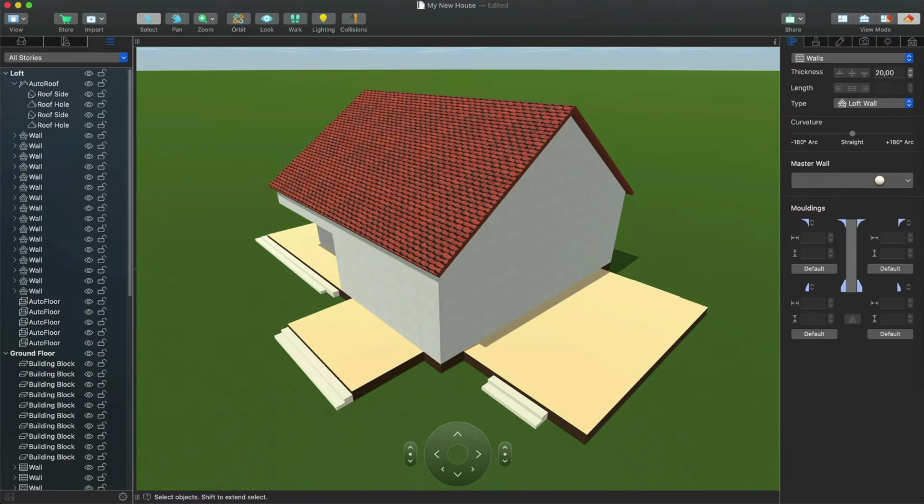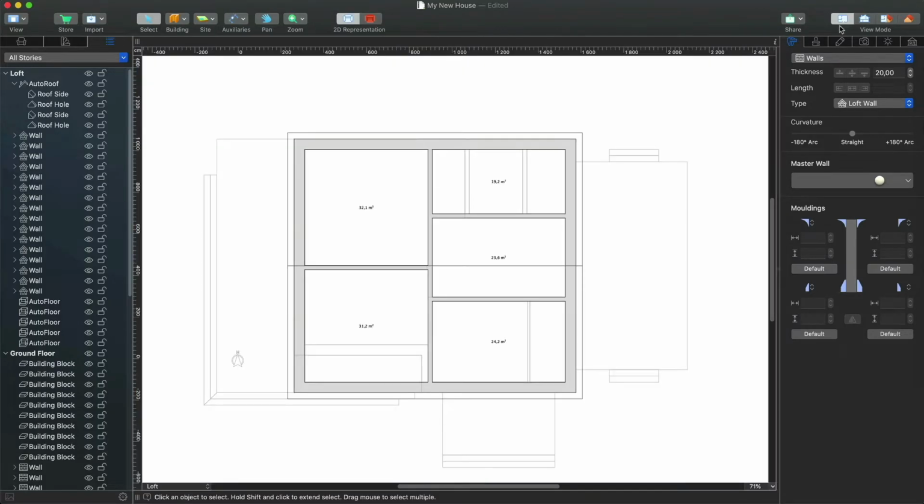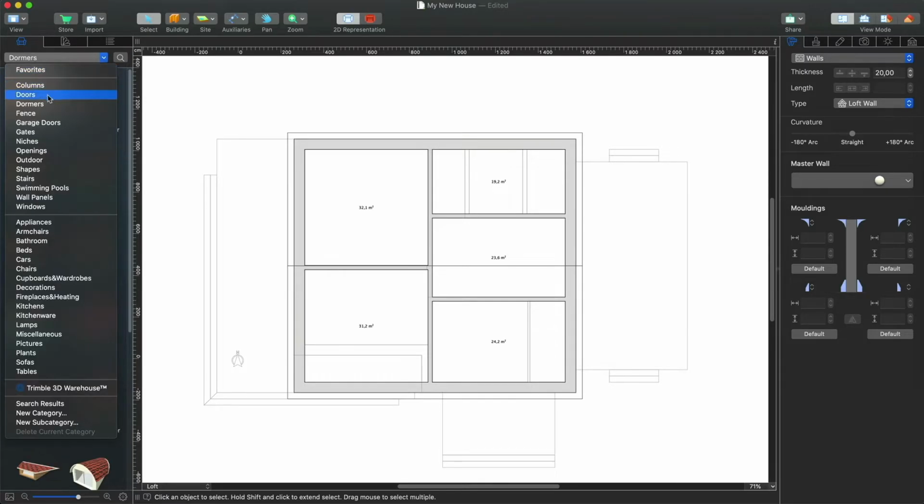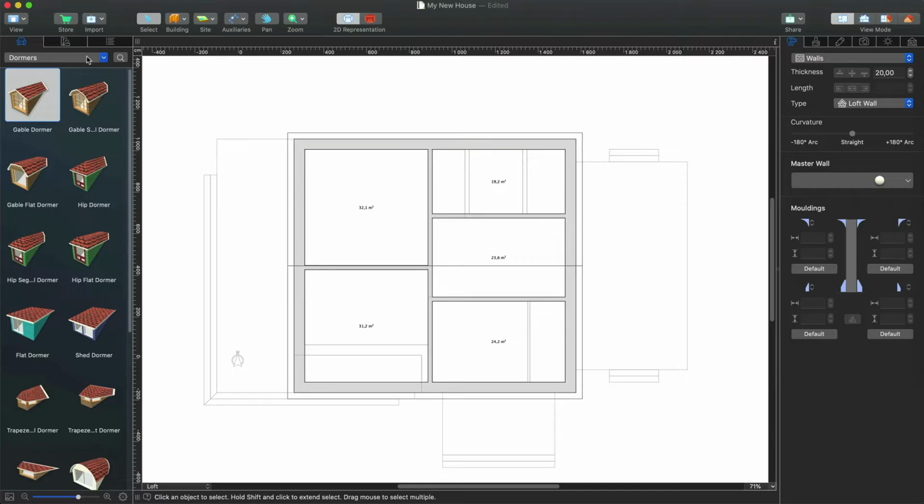Now let's add a dormer to the roof. You can use a ready-made dormer from the respective category of the object library. Or if you own the Pro version, you can also create custom dormers by editing the roof segments. Let's start with the ready-made dormers. Note that the two approaches are not equivalent, and you may not always be able to achieve the same result